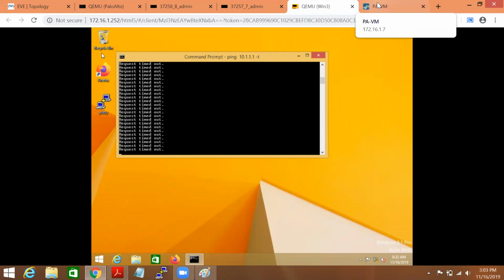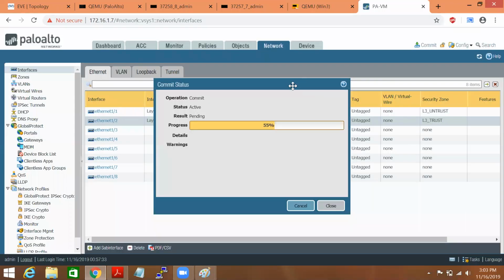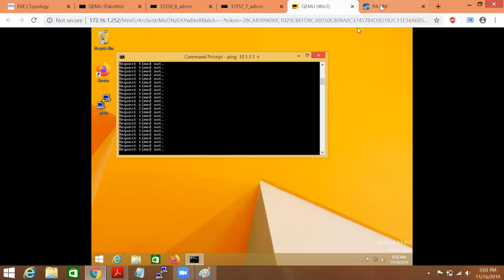Let's just check it and then we'll move on to the other task. You can check once your policy gets applied, you are getting a reply from the interface.